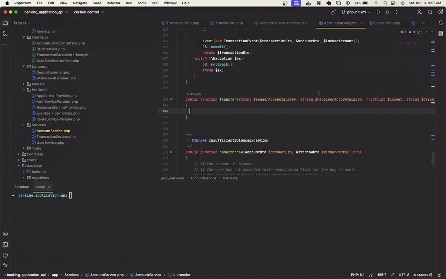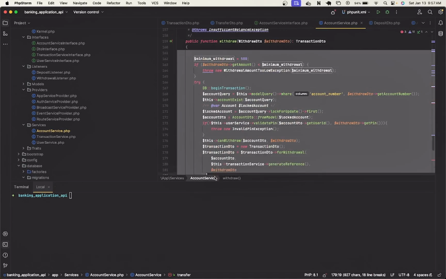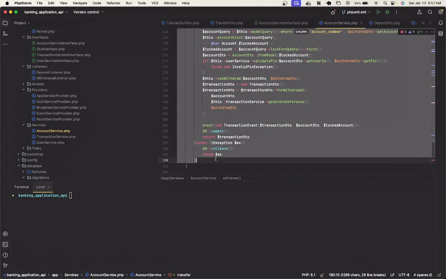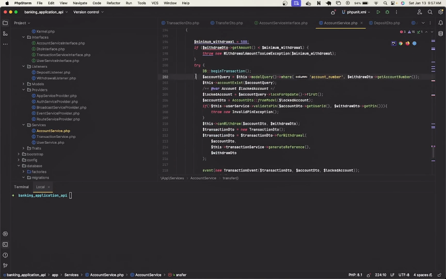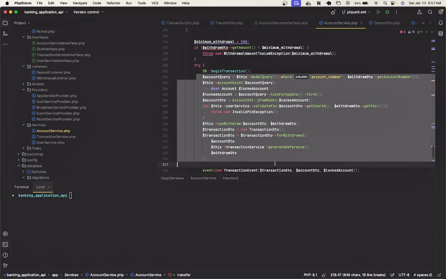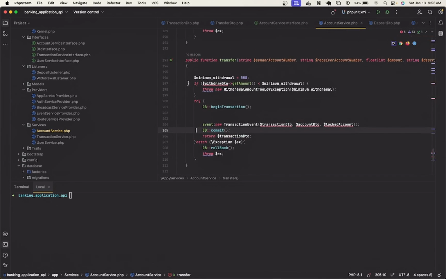So I'm just going to copy the block of code here. I'm going to remove all of this, so we can set the minimum withdrawal for in-house transfers to like